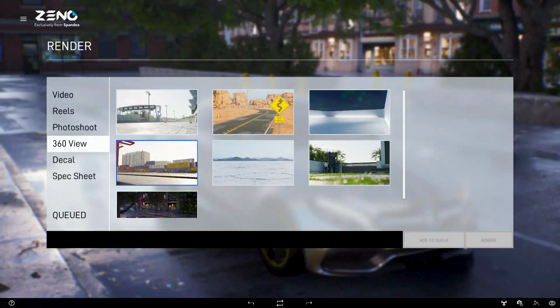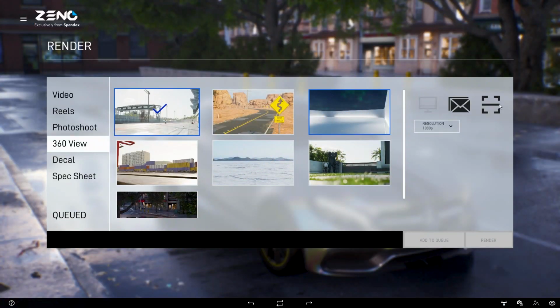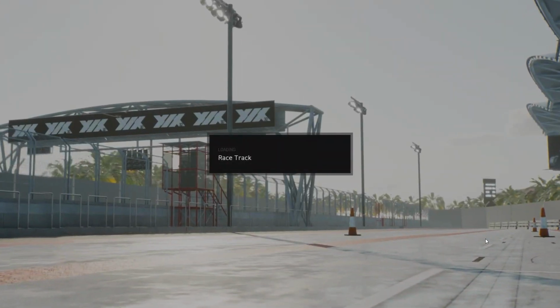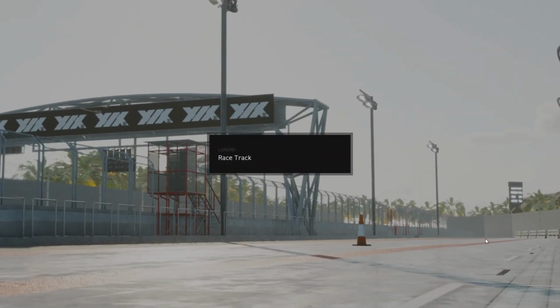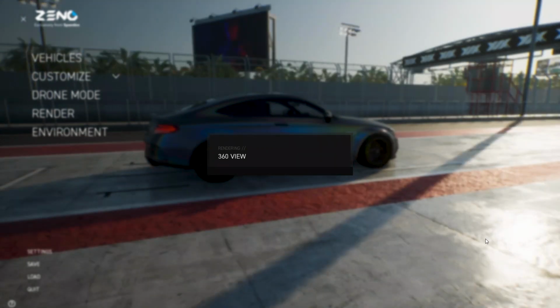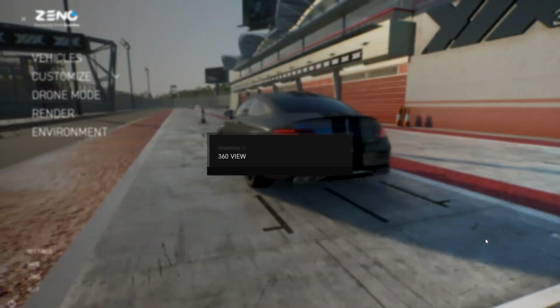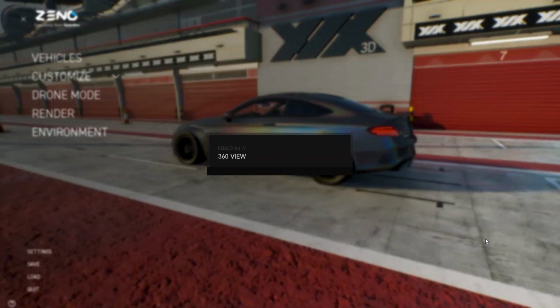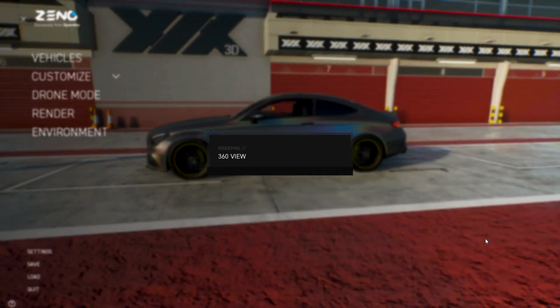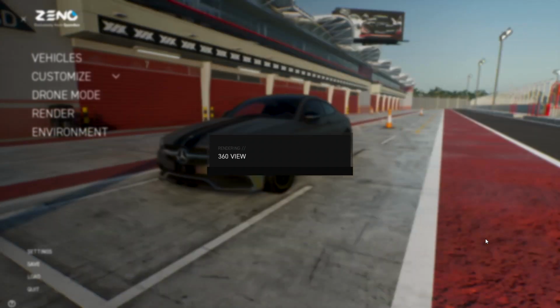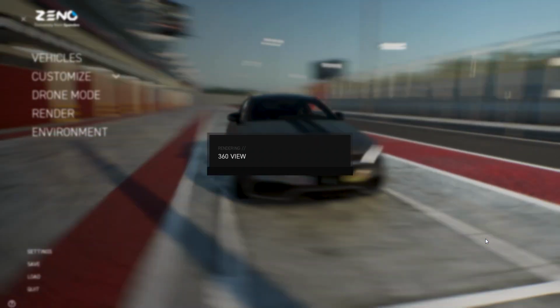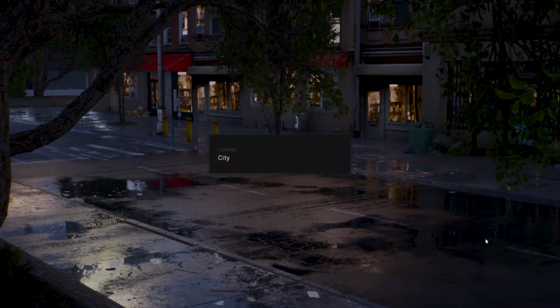The next render we have is the 360 view. You can use it for customers who want to see their car or van in a 360 view. You can send the render via email or create a QR code, as I'm doing right now. And after 30 seconds you can scan the QR code and see the render on your mobile. Pause this video for a moment and scan the QR code. It's a unique link to your design from all angles.